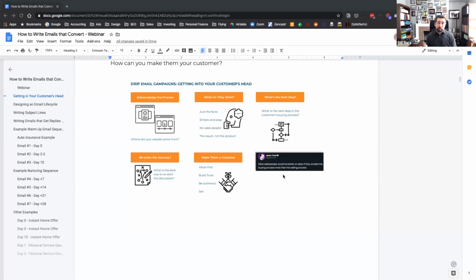And then as you write the email, your number one goal is to re-enter that buying journey. So somewhere along the line, they probably got dropped, or they decided not to make a decision, or it wasn't the right time for them. And so you need to take all that into consideration as you write that email to sort of reinsert yourself